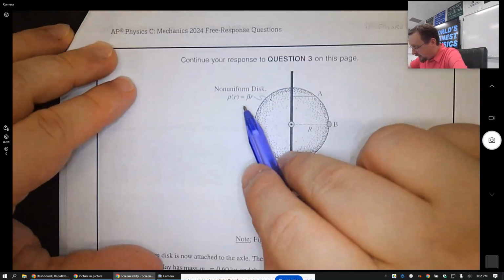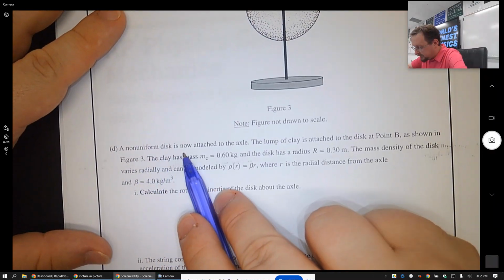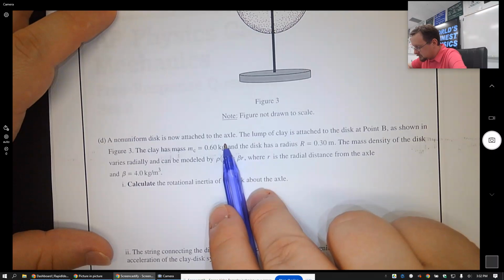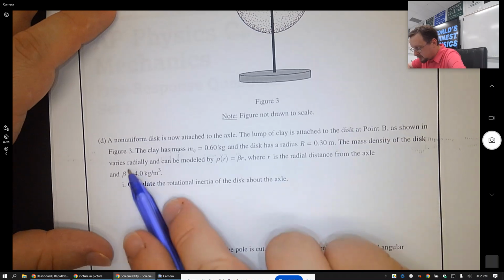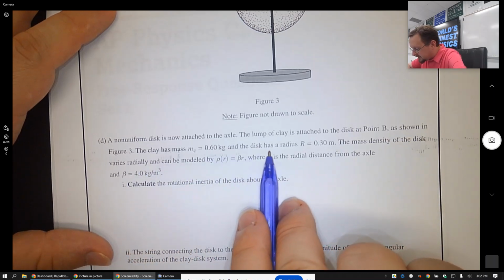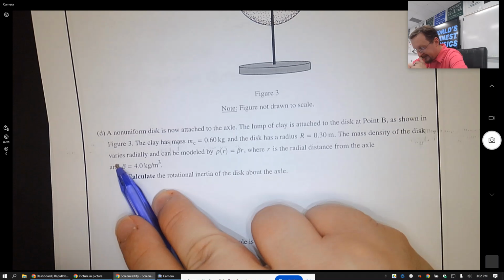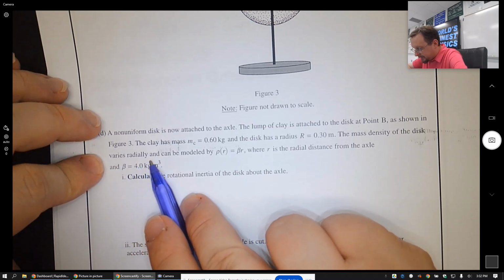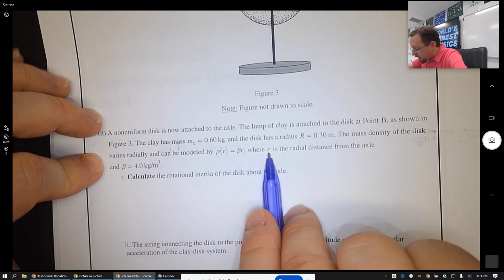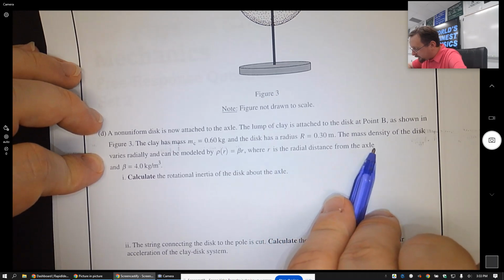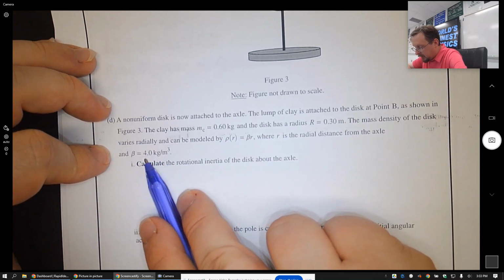A non-uniform disc is now attached to the axle. The lump of clay is attached to the disc at point B. The clay has this mass, and the disc has a radius that. The mass density of the disc varies radially and can be modeled as rho equals beta R, where R is the radial distance from the axle and beta is 4